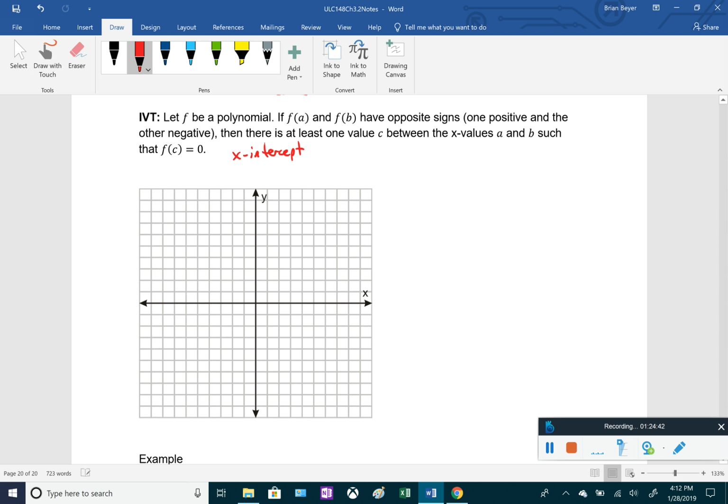So let's see why it should make logical sense when we look at the graph. Let's say we have 2 points. Let's say b is right here and a is over here somewhere. And let's say f of a is down here, so this would be f of a. And let's say f of b is up here, so this would be f of b. It's just the y value for a, and the y value for b. So if we connected these dots,